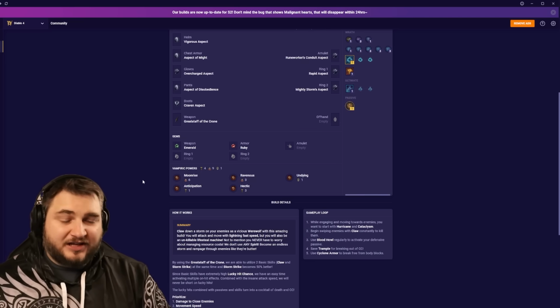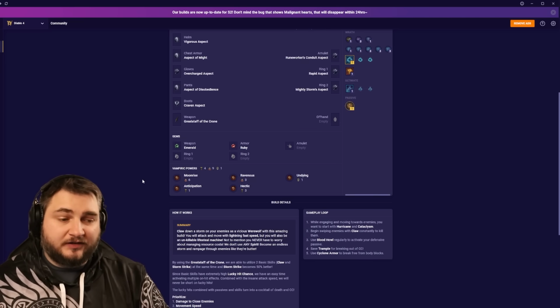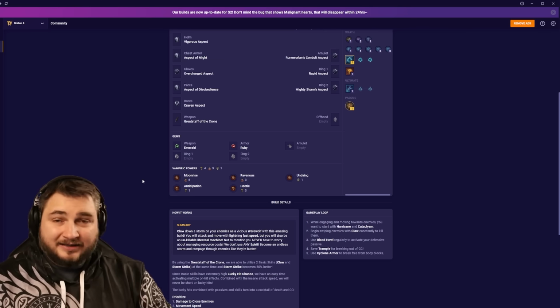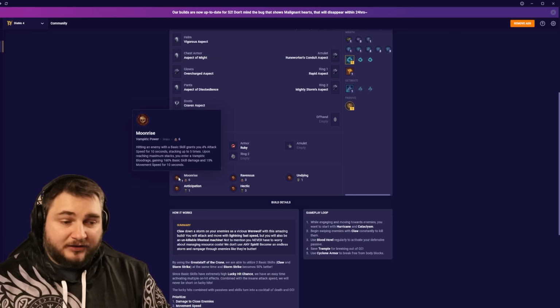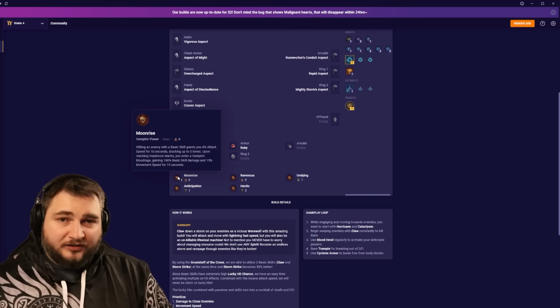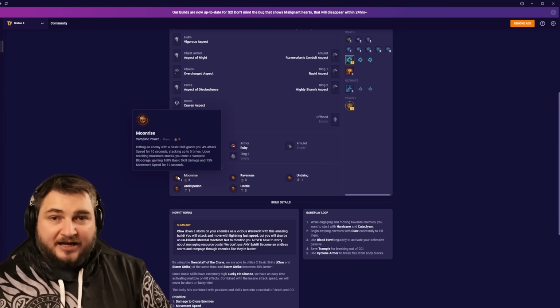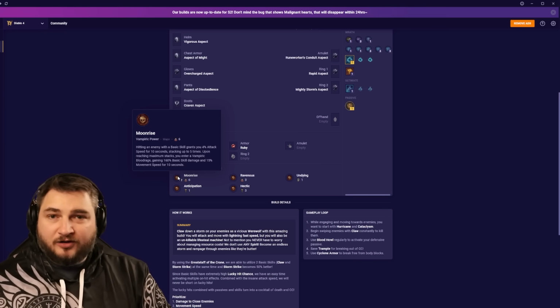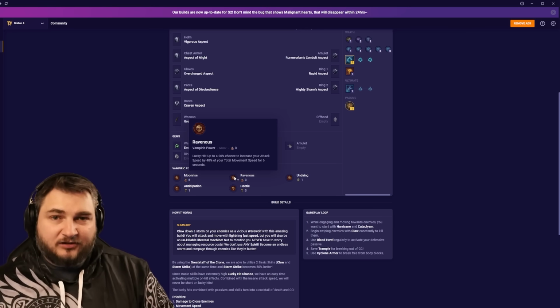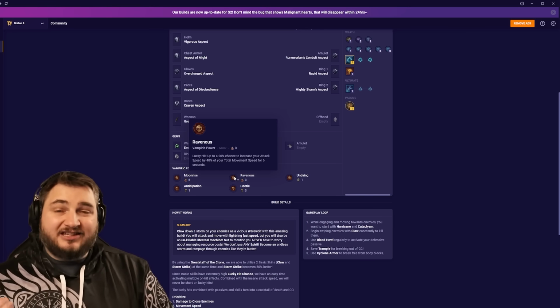Now I've got to emphasize that this build is going to be broken this season. It was strong before, but they added so many vampiric abilities that benefit Stormclaw, it's insane. Moonrise, 160% basic skill damage. That's a crazy amount. Stack up to 20% attack speed and 15% movement speed. In the past, movement speed was good for this build, but only for the movement. Now we've got Ravenous. Ravenous is increasing our attack speed based on our movement speed,